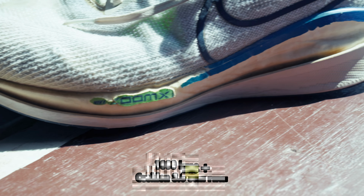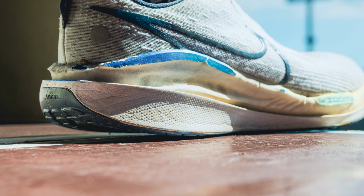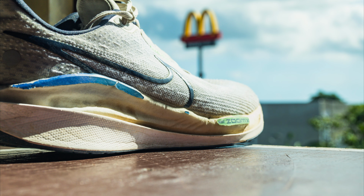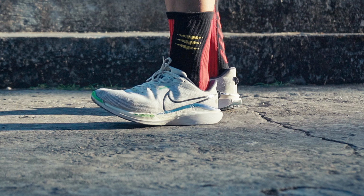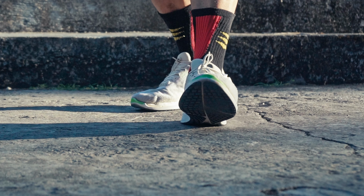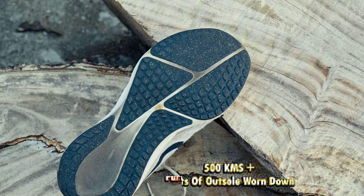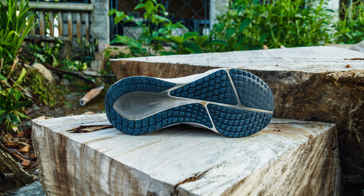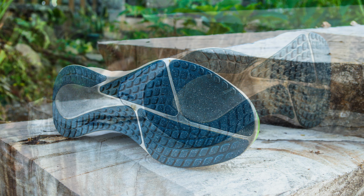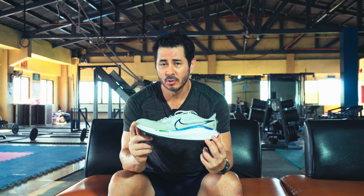However, after 1,000 kilometers, the Cushioning EVA foam still retains its shape and only has minor creasing. Definitely worthy as high durability midsole material for a daily trainer. The full coverage outsoles held up well for about 500 kilometers before starting to show signs of noticeable wear. So after over 1,000 kilometers in 12 months,